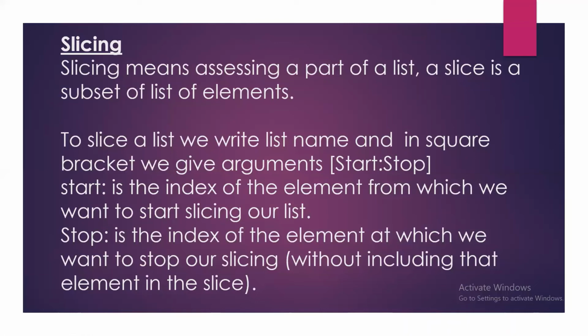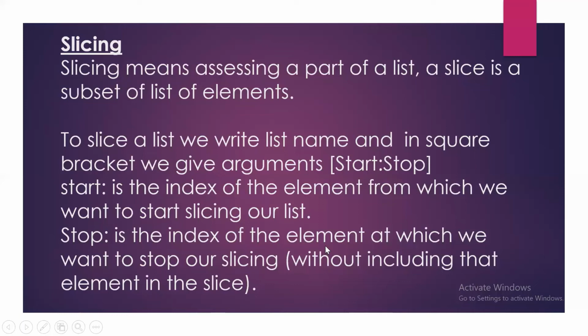The argument start represents the index number of the element from which we want to start the slicing of our list. And stop is the index of the element at which we want to stop our slicing without including that element